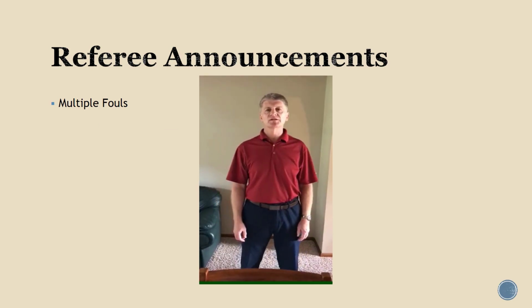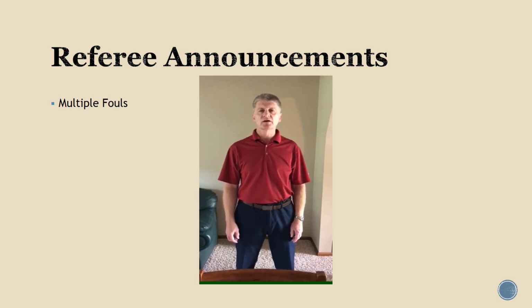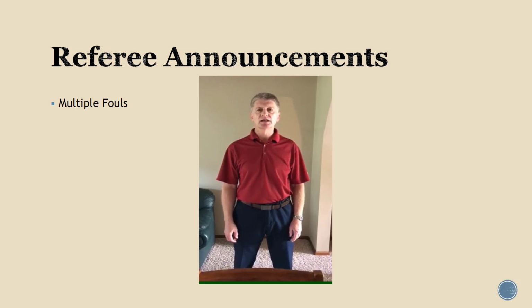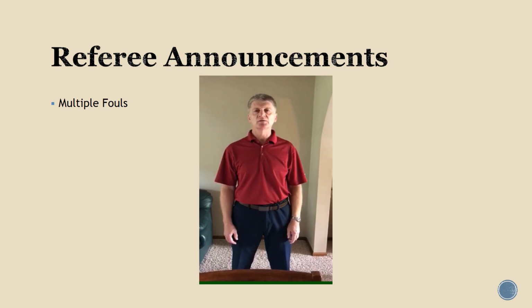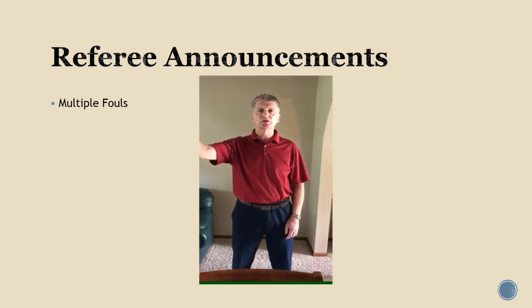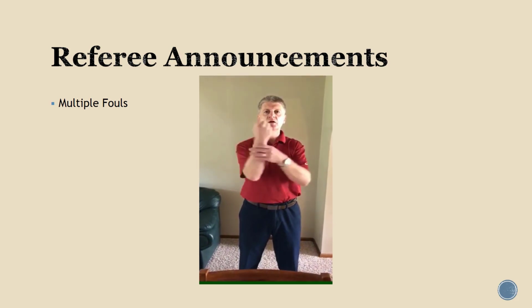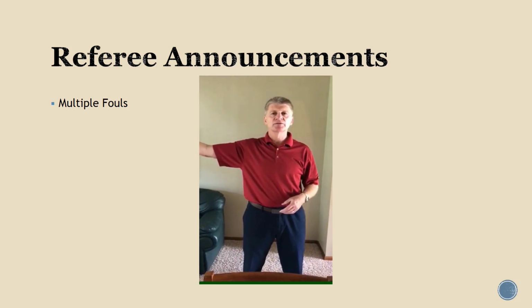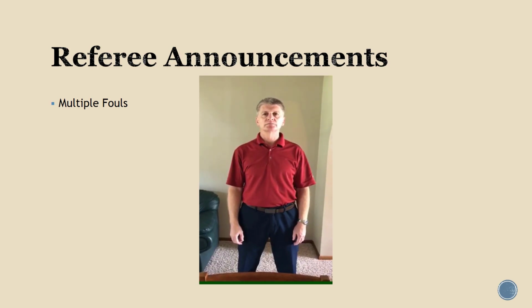If you have multiple fouls on a play, I would suggest that you have one of the other officials stand off to your side, and he can help you with numbers and also the fouls that were called. An example would be if you have two fouls on the same team, I would start out my announcement with, there are two fouls on the play, both against the offense. Illegal motion, offense number 15. That penalty is declined. Holding, offense number 58. 10-yard penalty, repeat second down.